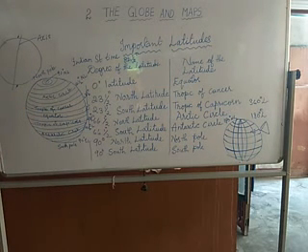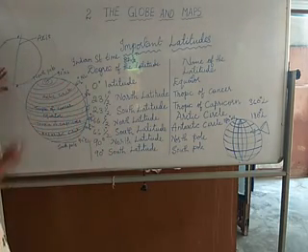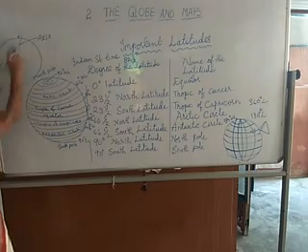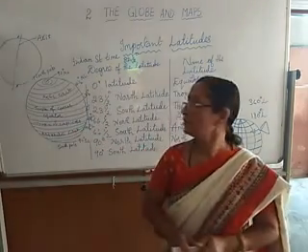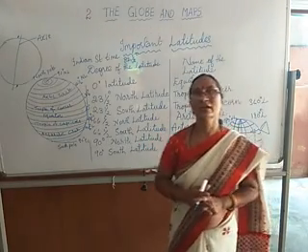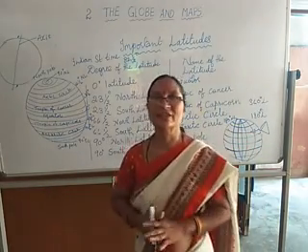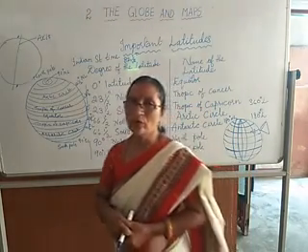Are you seeing? So the globe has two poles: the north pole at the top, and the bottom of the globe is the south pole. These two poles are connected with a line called the axis. It is an imaginary line passing through the middle or center of the globe, which we cannot see. But these two are connected with a line called the axis.